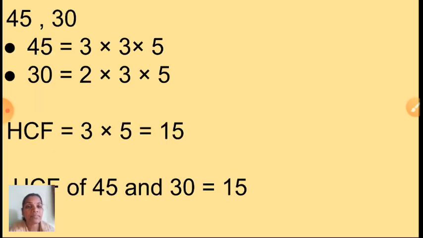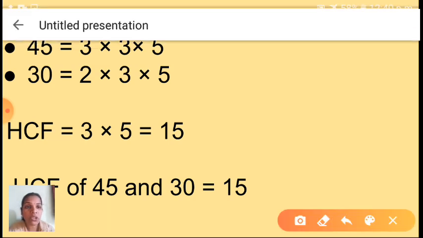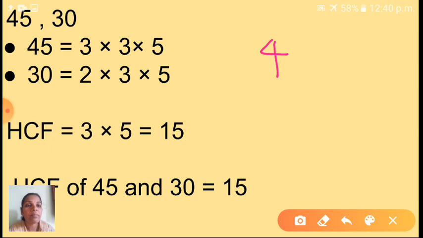Okay, see, so 45. See here, children, prime factorization means you have to write this number like this. So we have to see this number, we can divide by which number? We can completely divide by which number we have to see. Just you have to check with prime numbers. Okay, children, that's why it is called prime factorization. Just you have to see that first number is what? 1. So 1 is not a prime number. So 2. 2 is a prime number, isn't it?